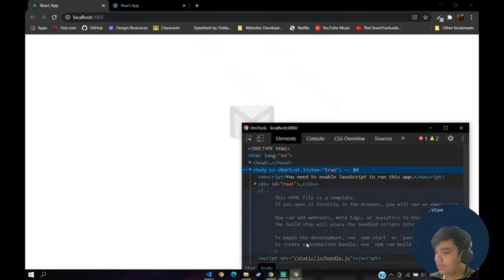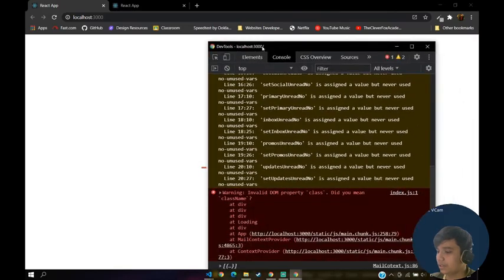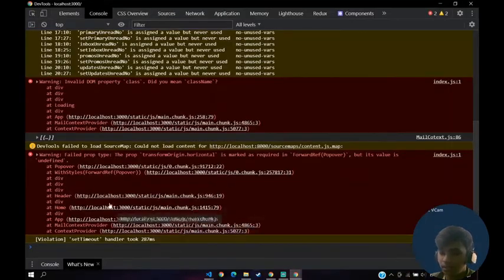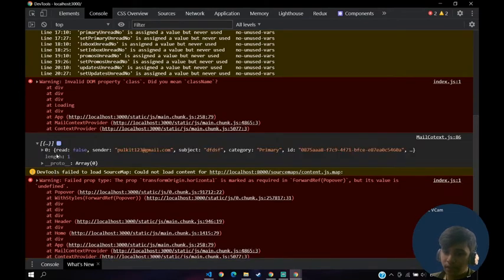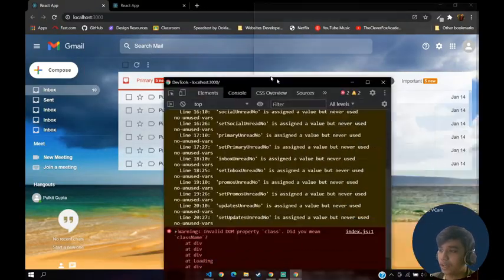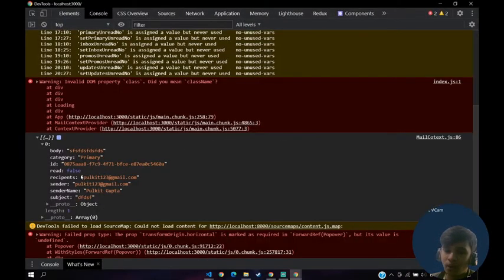As you can see, we have only one object here which has a read of false. There are a lot of unread mails, but we have got only those values which are primary and false, right?